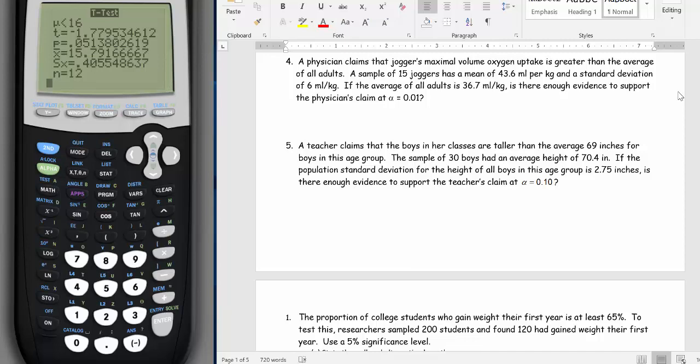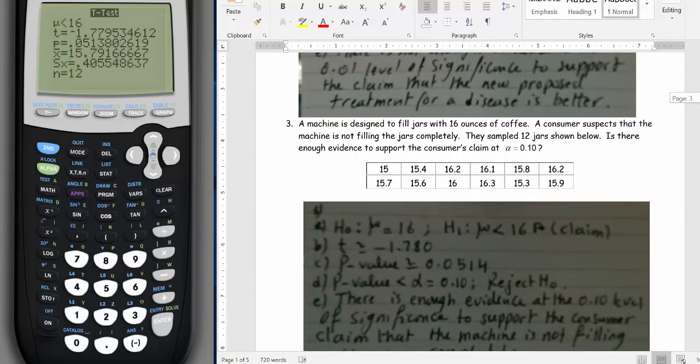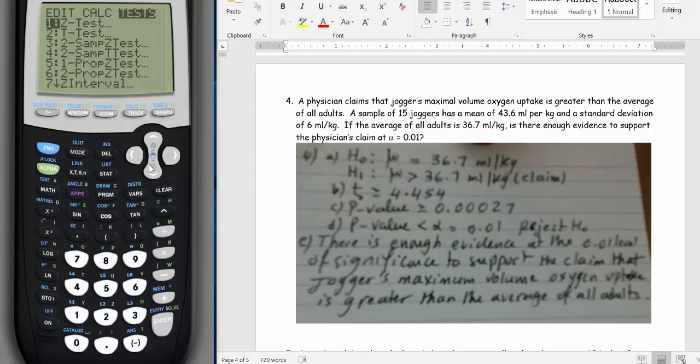So let me take you down to show you how we stated the null and the alternative hypothesis. The alternative, we want to test if the mean is greater than 36.7, and the null, as I told you, it's always the equal sign, and the claim is in H1. Now what do we have? We have n, so let me go, it's a t-test again. So we'll go to stat, tests, t-test,